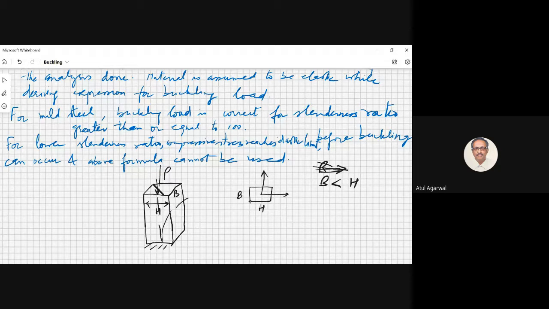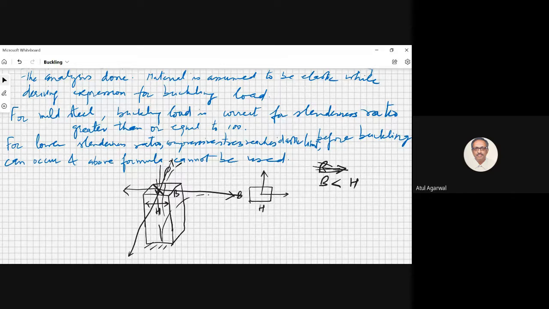In what way will it deform when it buckles? Will it go like this? Or it can also go like this. You see, it can buckle in two different planes. In one plane it is buckling like this. It is going in this direction. In another, it can buckle in this plane. But you cannot say that it will go only like this. It can also go in the other direction. Deflection can be in this direction. Deflection can be in this direction. In which direction do you think it will buckle?